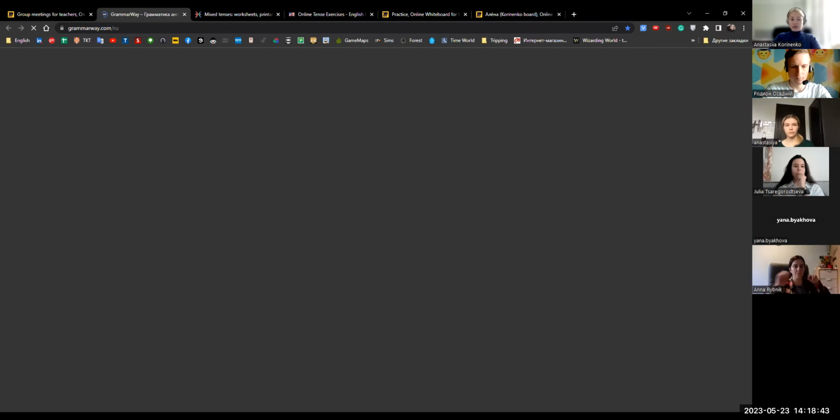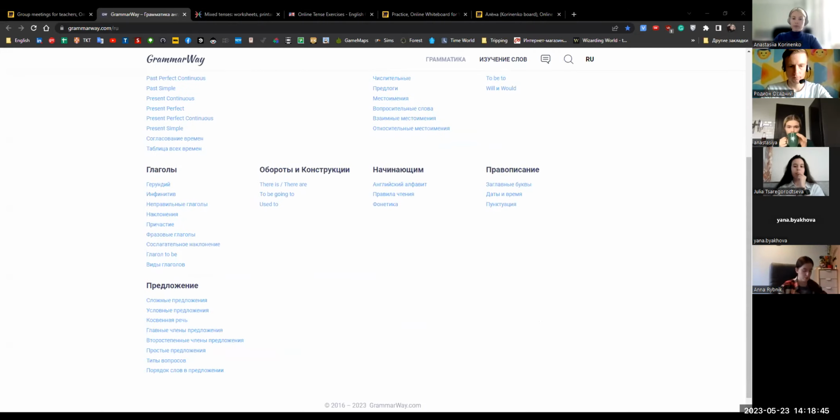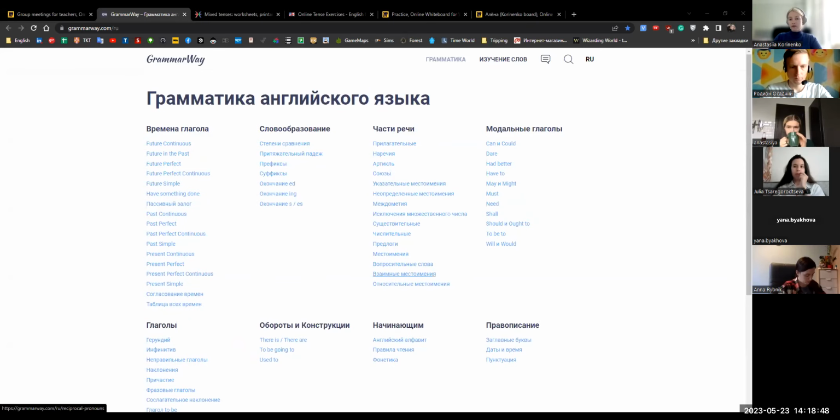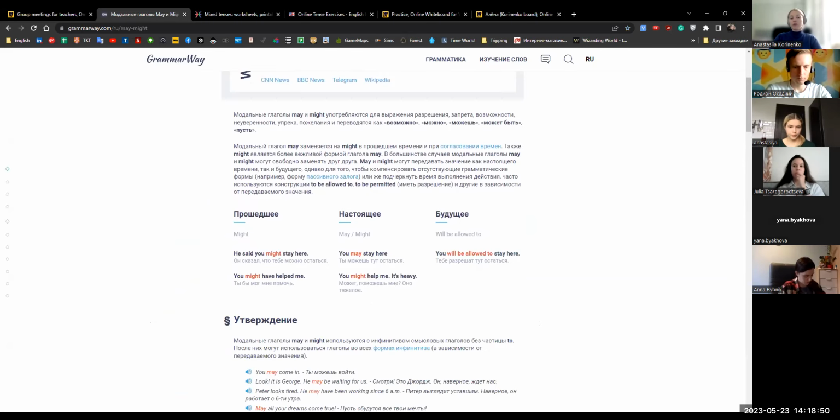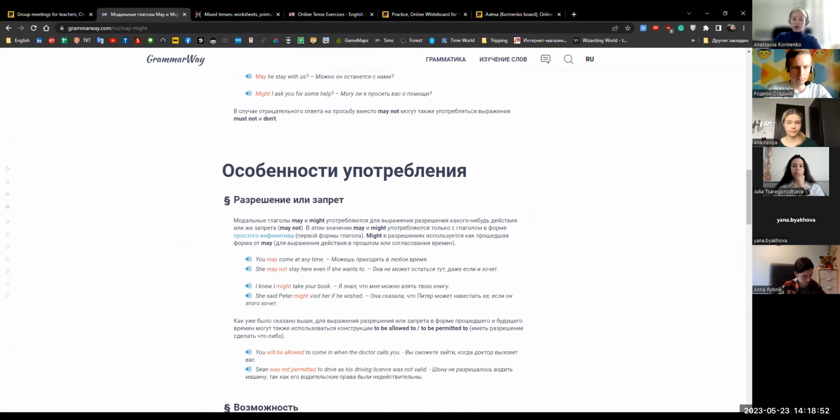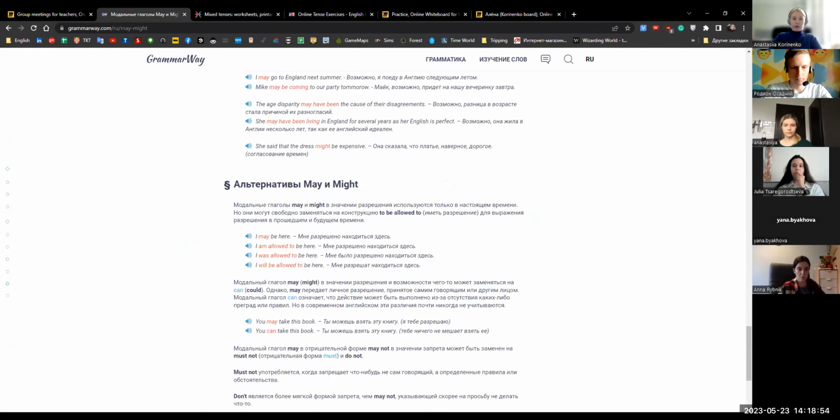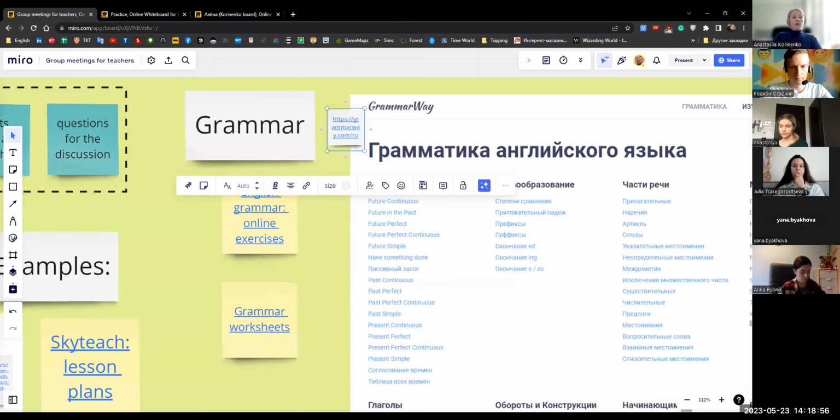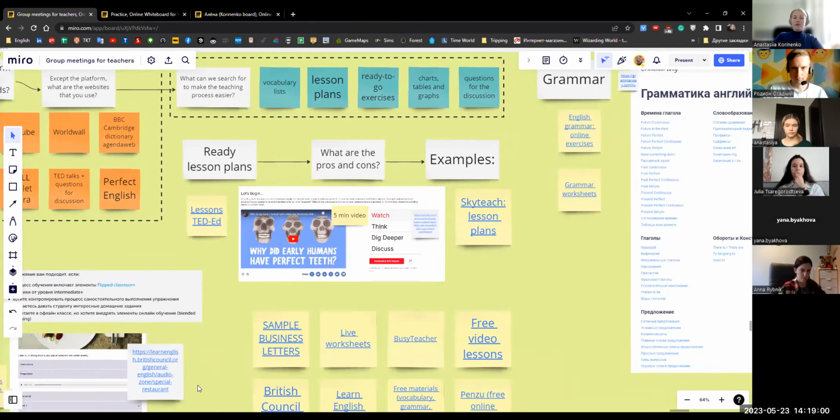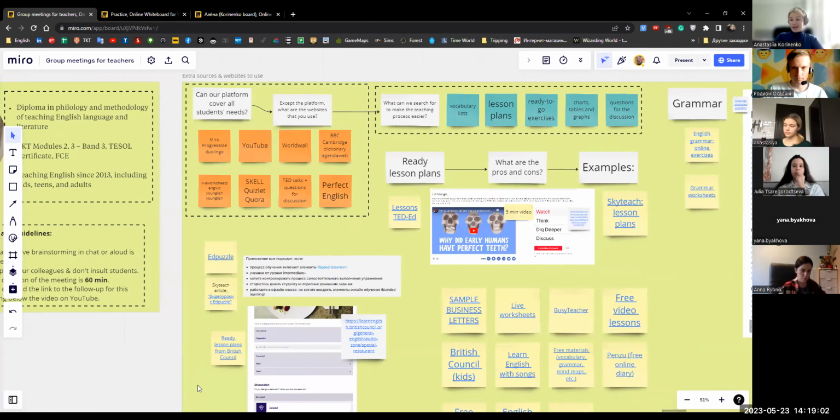It's in Russian, but still you have a good differentiation of the topics, which you can find interesting to read, the rules. And then you have some exercises there as well. Okay, so now the most interesting part, speaking not only about these resources, but how to organize all this stuff